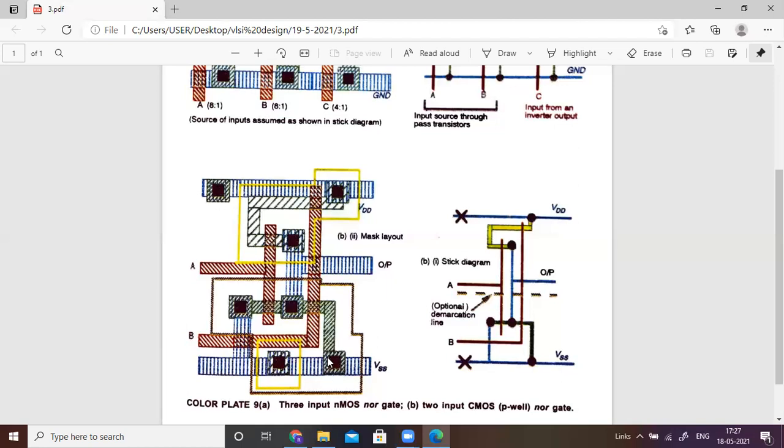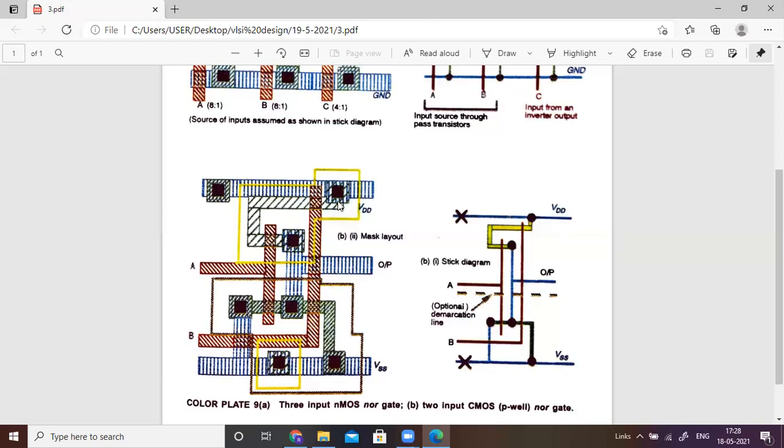Whatever contact we connect here, just copy and paste it here. The same type of contact we can connect here. This is the connection for substrate to the VDD line. Remember, these two contacts are very, very important: this is the contact for the p-well power supply, and this is the contact for the VDD power supply.